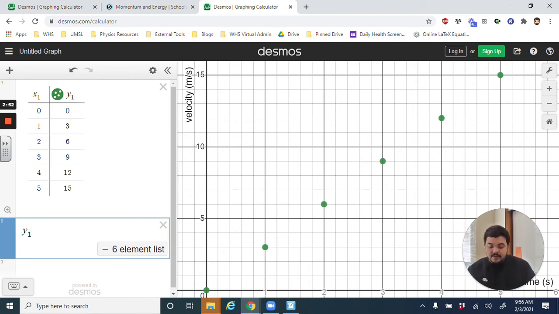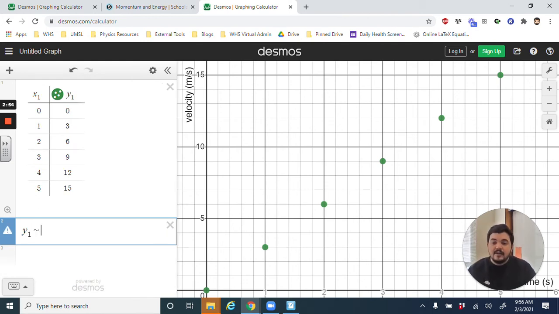And instead of an equals, I'm going to put a tilde in there for a line of best fit. The tilde is found, it's the key to the left of the 1 on your keyboard. You have to press shift and then hit that key. And then y equals mx plus b is my equation for a line. So I'm going to do y1 tilde